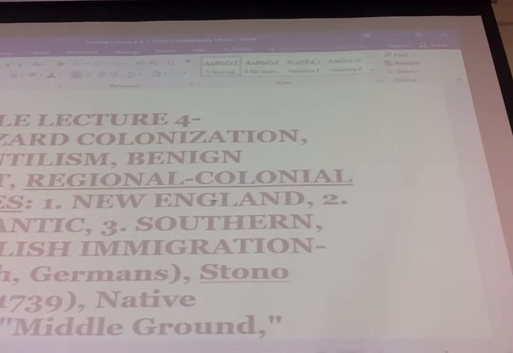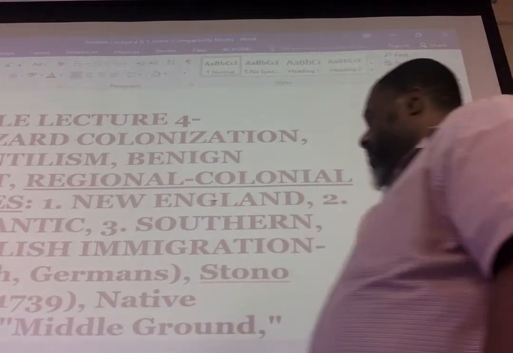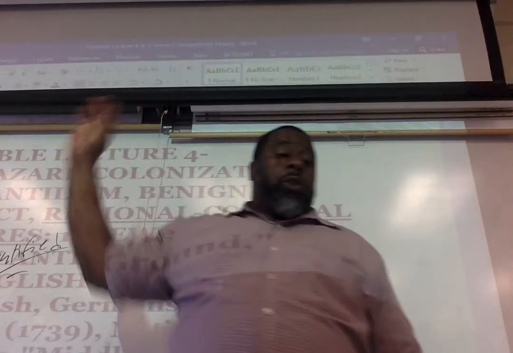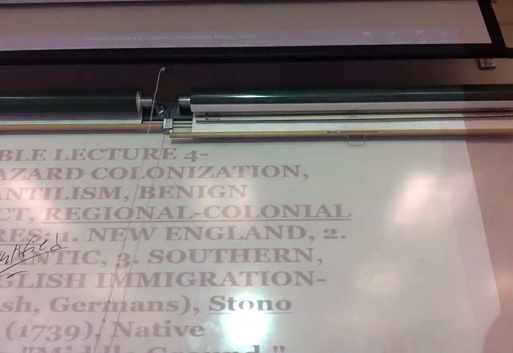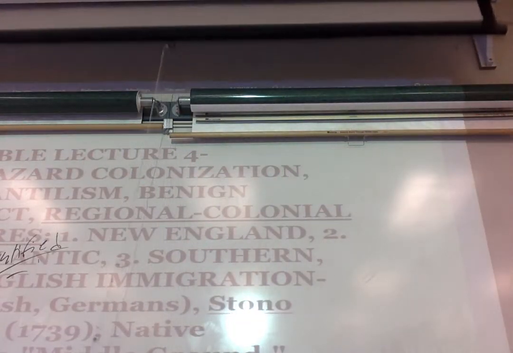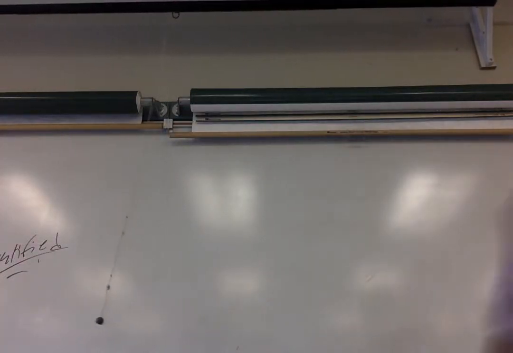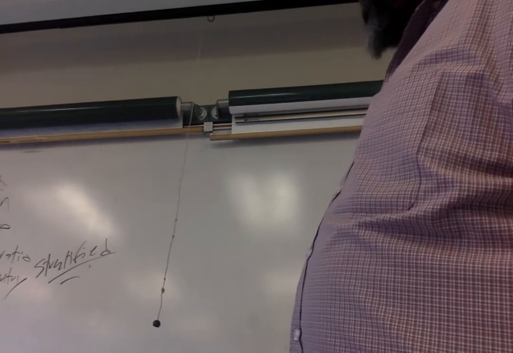So what I want to do is take a look really quickly at this chart I wrote up here in really bad writing to review what we already sort of discussed in terms of these regional identities and how they're similar but also very different from each other. Let's go through this really quickly in terms of what I attempted to write here. If I could write in a way that was not chicken scratch, you'd be able to read this, but instead I'll just decipher it for you.